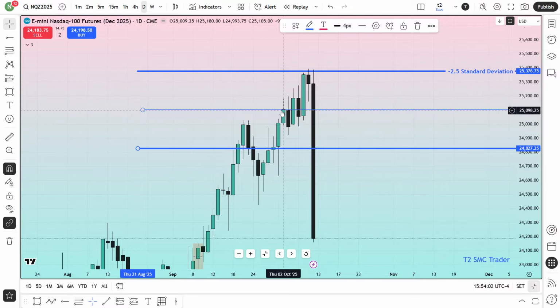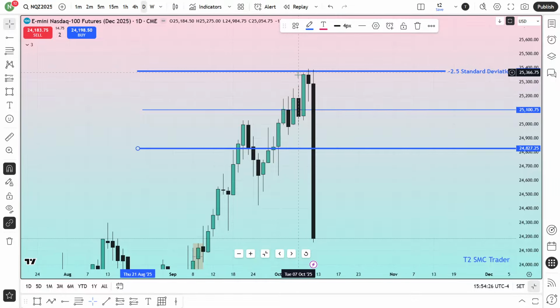Here, -2 standard deviation can make the all-time high as well, but it is very rare and I don't really like to mark this -2 standard deviation as my all-time high. Instead, when I see that -1.5 standard deviation has been broken, I keep looking for the buy until this -2.5 standard deviation. When it comes to this -2.5 standard deviation, I will start to look for sell.